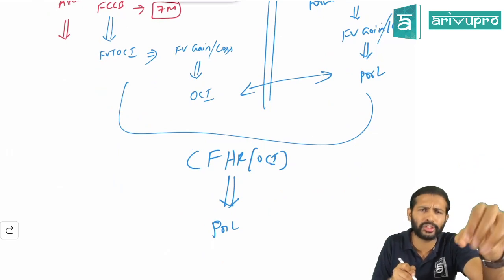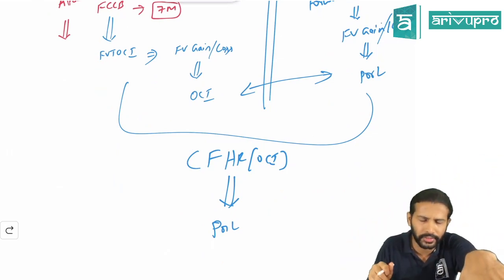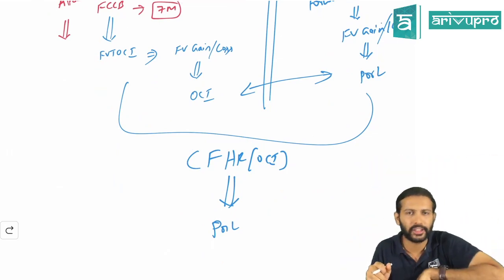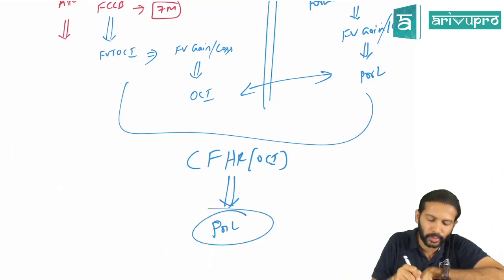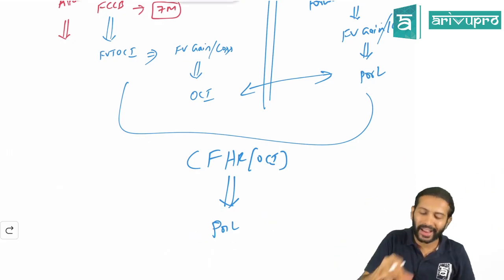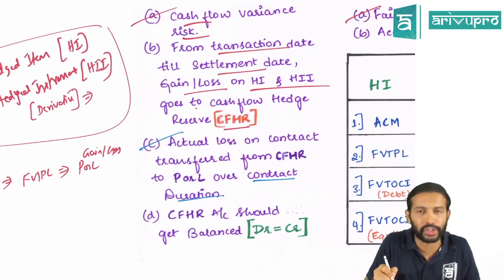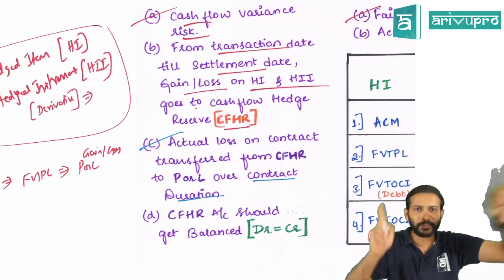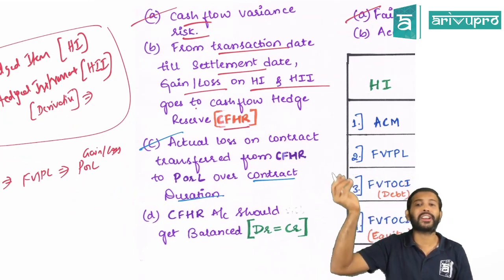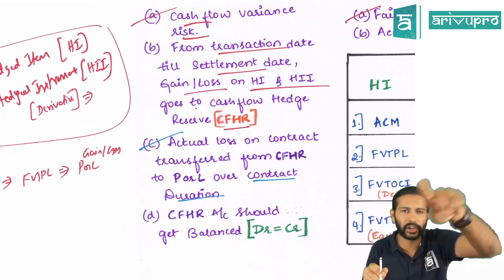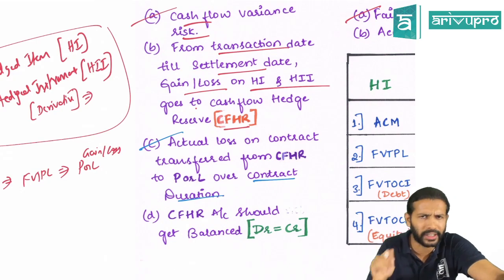The name of that OCI is cash flow hedge reserve. Once the contract ends, from the cash flow hedge reserve, you transfer it off to P&L. That is your background, and that is what I've written in the chart over here. In fact, I've written contract duration here because the problem we did in our class previously was the foreign currency bond problem. Their contract duration was necessary. And again, I'll give you the comparative differences also.